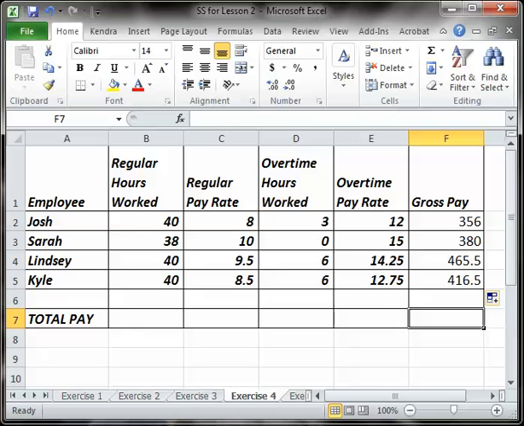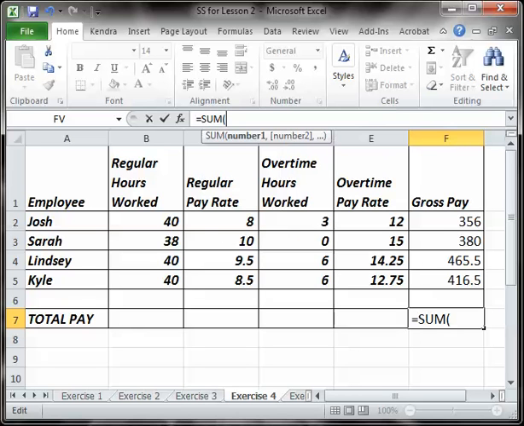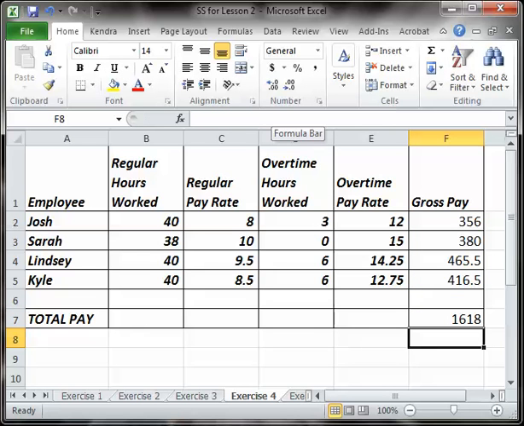For our total pay, we want to add up all our gross pays. So we are going to go into our formula bar, equals, and we're going to be doing a sum, bracket, and I want to add up these 4 cells. Again, I'm going to highlight the first one, F2. I'm going to go into the corner, hold the mouse down, drag it down so that I'm including F2 through to F5, close the bracket, and press enter, and we have